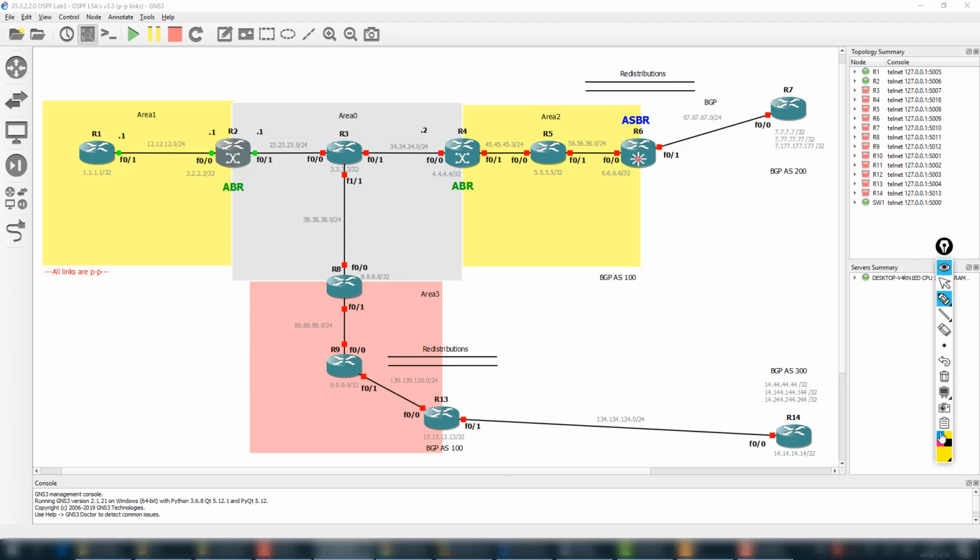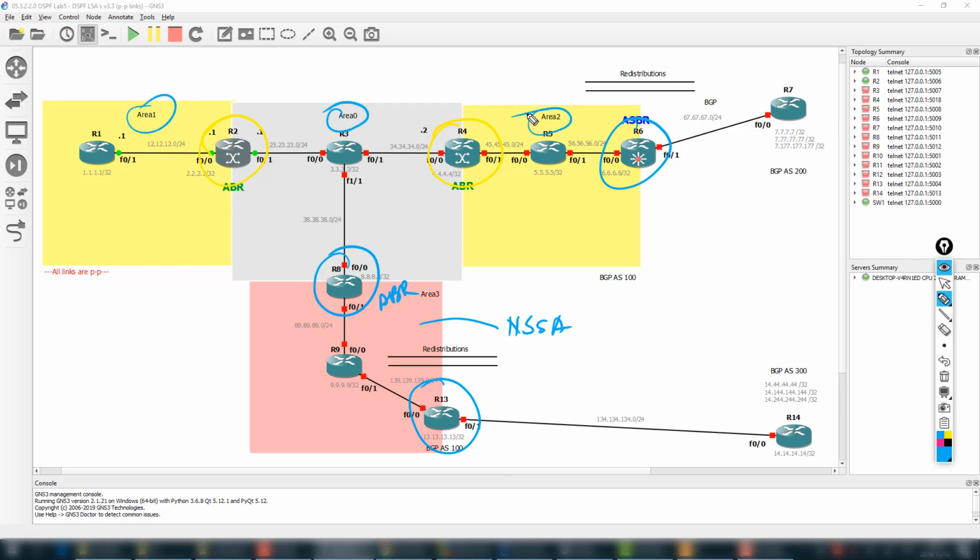Here, for example, it's the same topology which I have explained. We have an ABR, we have another area border router, we have the ASBR, then there is another ABR I forgot to mention here. So this is basically the ABR. Then we have another ASBR to practice the NSSA. This type of area you must practice for NSSA. This is area 0, the backbone, area 1, area 2. To practice the NSSA, this is an external domain. It will redistribute the routes into here, this ASBR, this is the redistribution. So here they will appear as type 7, and when they cross the area they will appear as type 5.